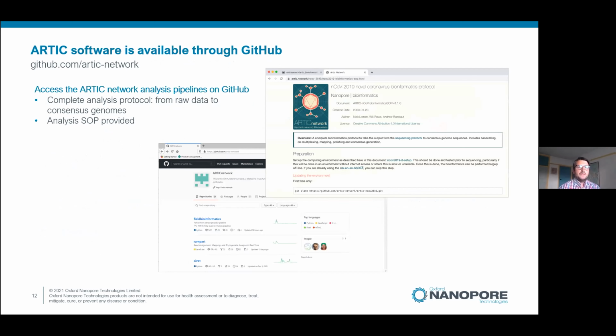So they'd also gone as far as providing a bioinformatic answer to the data that had been produced from these things, and that's freely available on GitHub. It's very comprehensive. It's called Rampart, and they have a strong SOP that is provided alongside it as well.